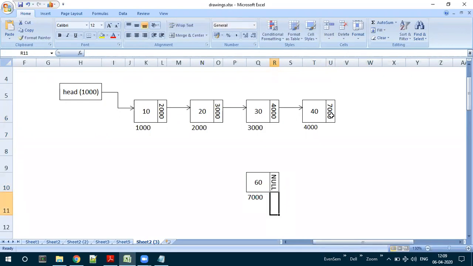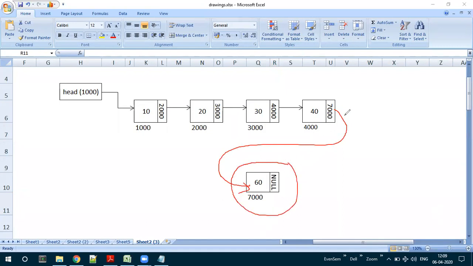So what we simply did, we removed this null and then we established a link over here. This null we removed and the new link we established to point to the new node. This way, we can insert a new node at the end of the list. This is a simple explanation, a simple diagrammatic representation, of how we can insert at the end of the list. Is this diagrammatic explanation understood? Yes, sir. Okay.